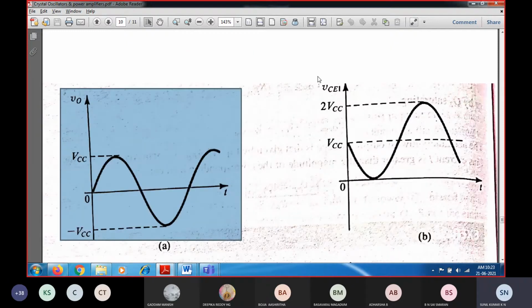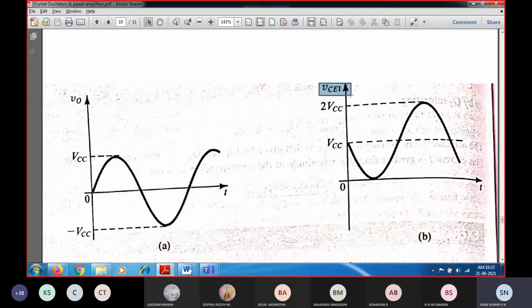And now if we consider the output voltage, that is the collector to emitter voltage 1, because of transistor Q1, what will be the output voltage? At the initial beginning, when Vi is equal to 0, you can see that VCC minus VCE is equal to V out. So at no input signal, Vin is equal to 0, meaning I have not applied any AC signal source. Because of the DC source supply voltage itself, you will be getting some output. So that output will be equal to what?